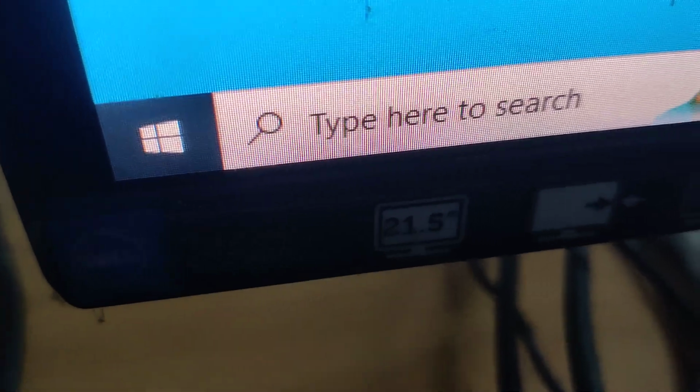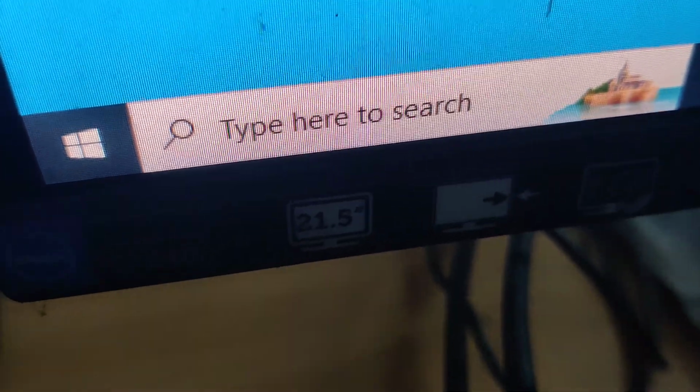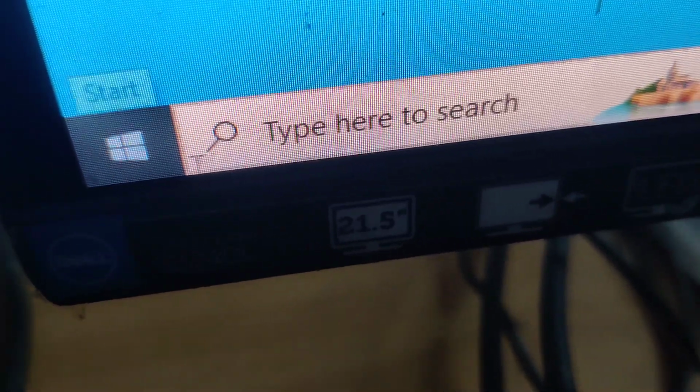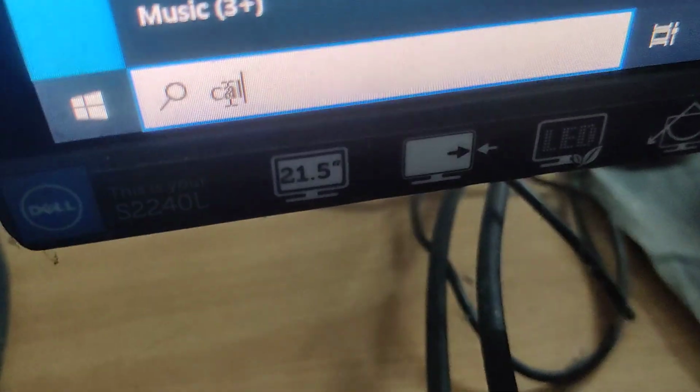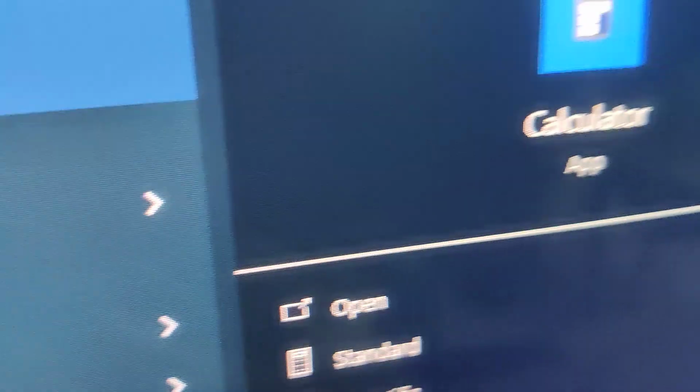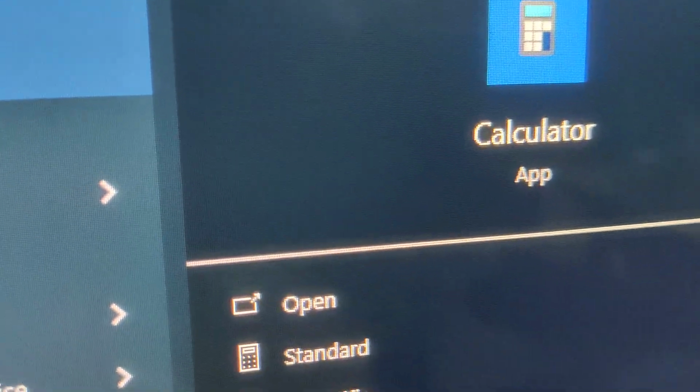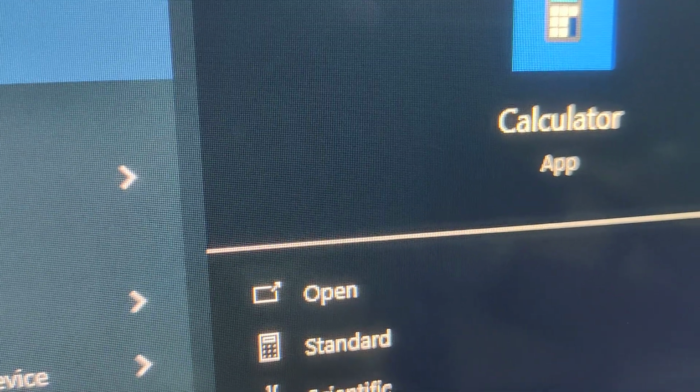Suppose you are using the Calculator app in your Windows computer, and if you open this,